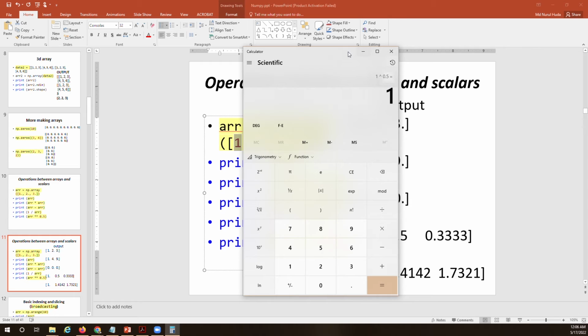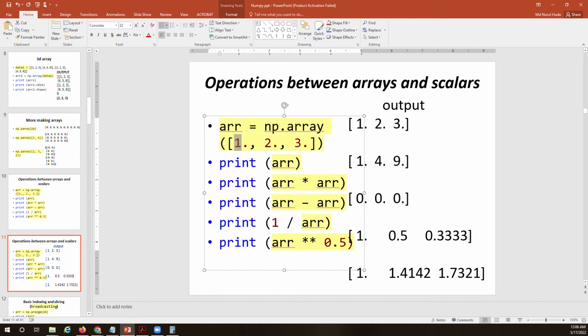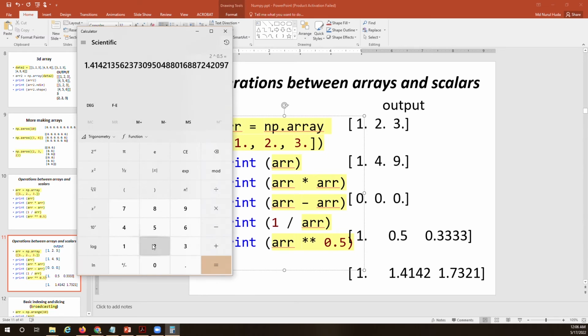Okay, and then 2 to the power 0.5. It takes each element and does the operation. So 2 to the power 0.5, that gives you 1.4142 here, and then 3 to the power 0.5. Okay, 3 to the power 0.5, 1.7321. Alright,